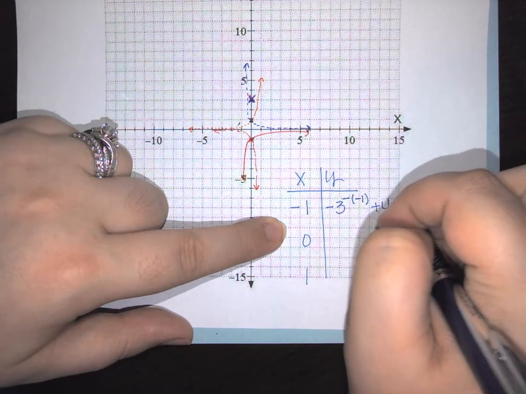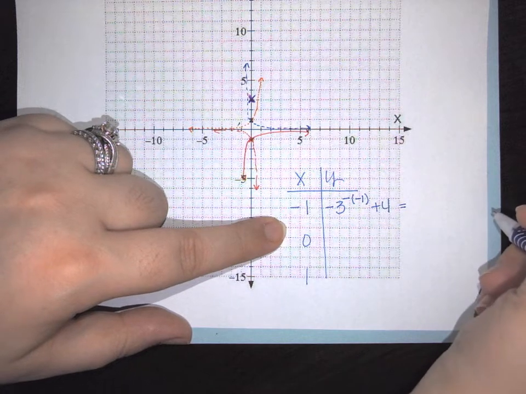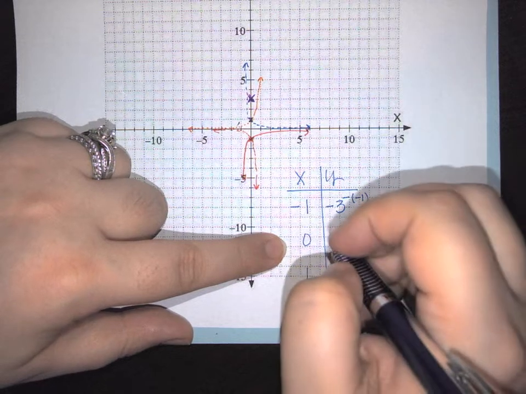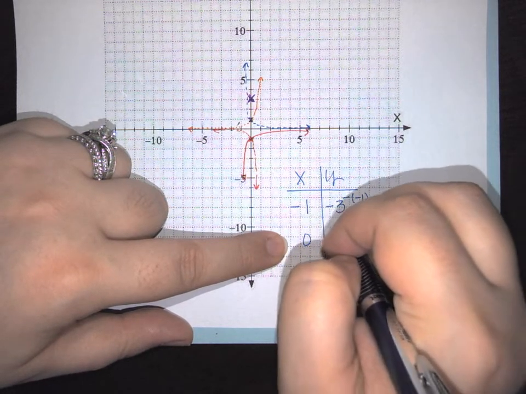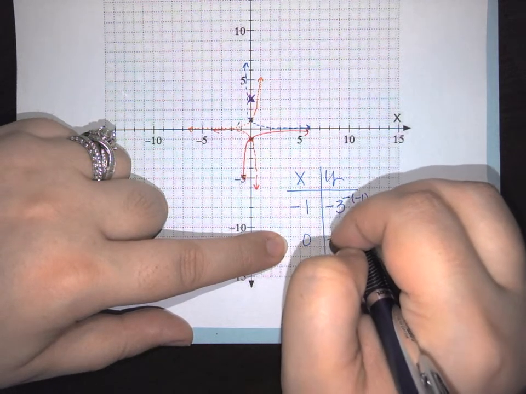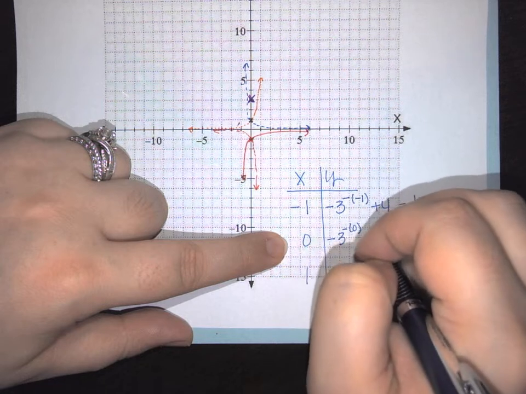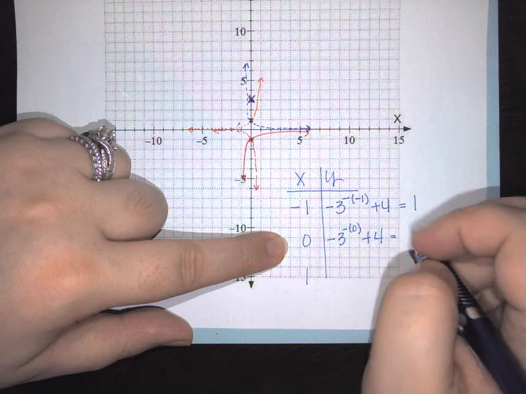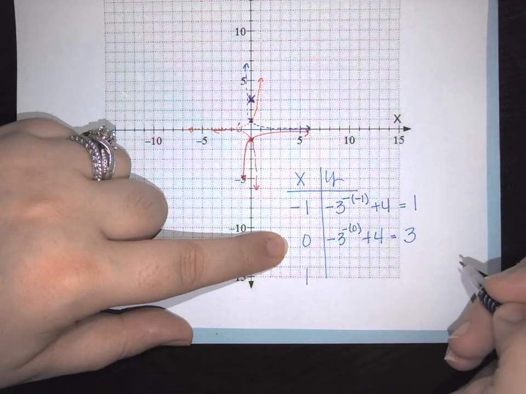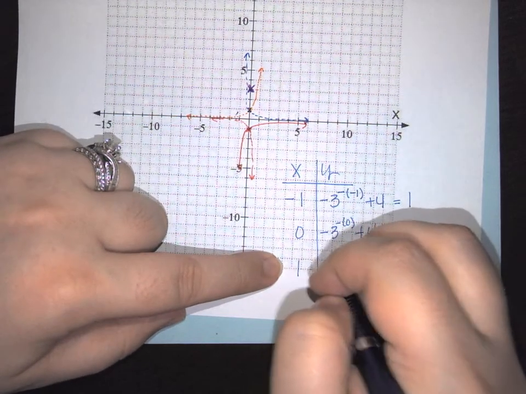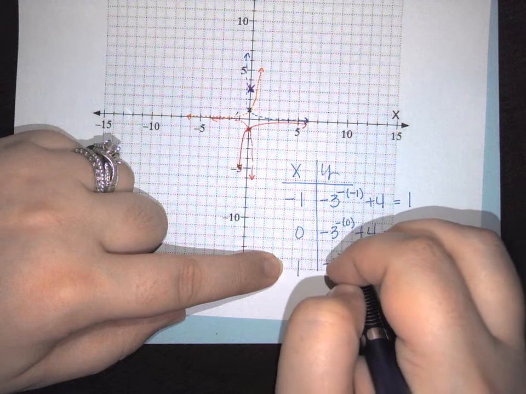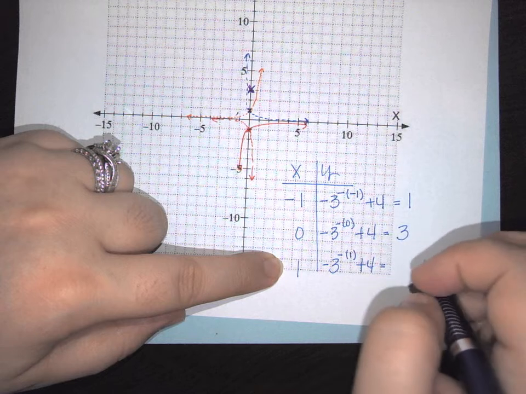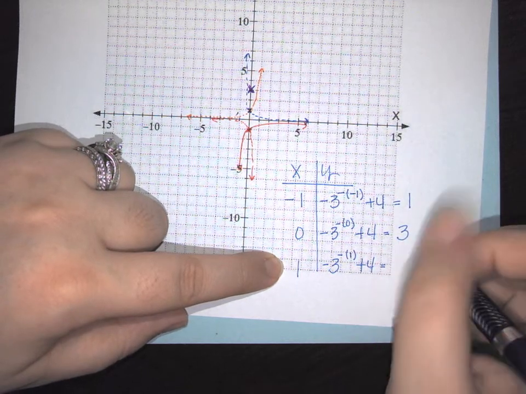And so in this case, when we do that, we're going to end up with 1 as a result. Here at 0, we would have -3 raised to the negative of 0 plus 4, which in this case is going to be 3. And then at 1, we would have -3 to the negative of 1 plus 4, which is going to give me roughly